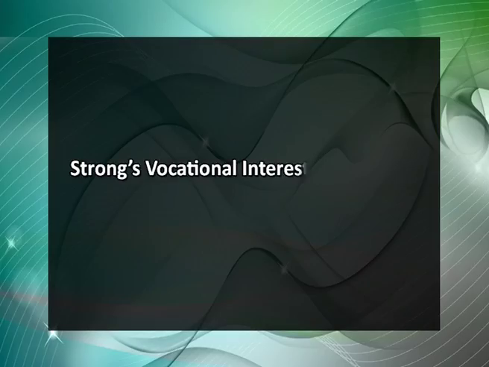Some of the important interest inventories are discussed here. Number 1, Strong's Vocational Interest Blank. The first widely used interest inventory was the Strong's Vocational Interest Blank, developed in 1927 by E.K. Strong. The original test was designed for men only. A version for women was developed in 1933. After that, it was revised from time to time. Now, the 1966 version is in use almost everywhere.